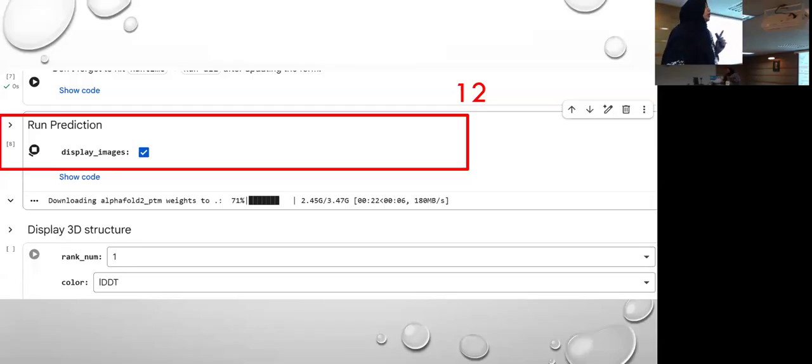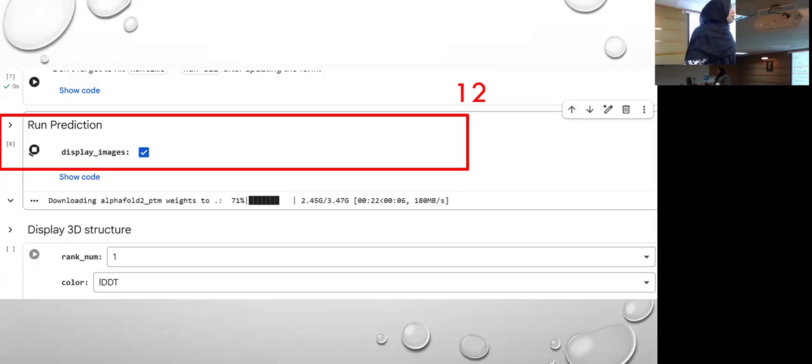But I would like you to know that when you check the display images, it will take more time because it will run and then show it to you as well. And just a little information: you do not have to check this option, because whatever images are shown in your window will be downloaded in your results as well.